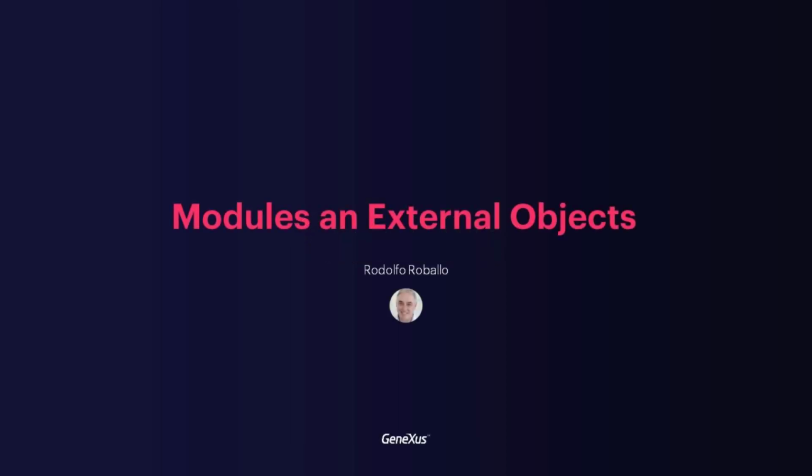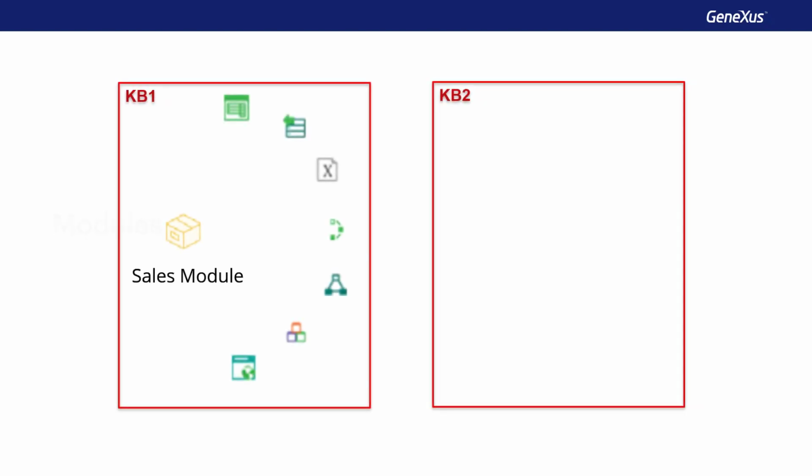Here we'll consider some GeneXus objects that prove useful at the time of encapsulating functionalities and organizing objects in our knowledge base. To start with, let's consider modules. Modules are GeneXus objects acting as containers that allow us to group objects from our KB, making it easier to understand and to maintain the KB, as well as to integrate objects with other KBs.